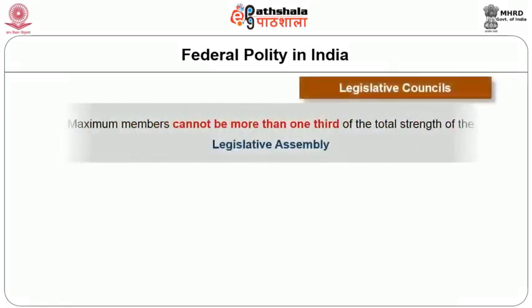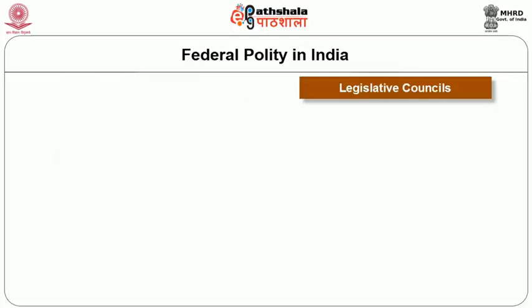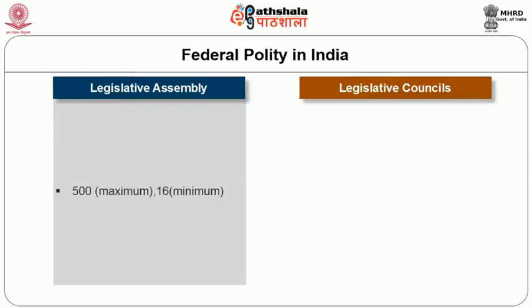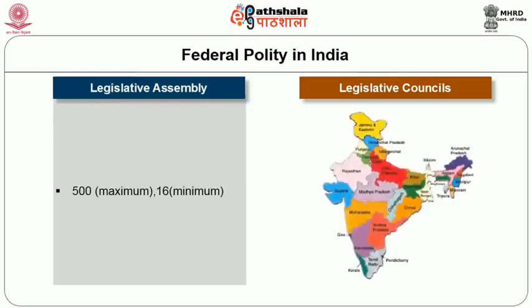There is a difference in the number. The legislative council's maximum number cannot be more than 1/3 of the total strength of the legislative assembly. And a legislative assembly can have a maximum of 500 members and a minimum of 60 members, but there are states like Sikkim, Arunachal Pradesh, Goa, where they have been allowed to have a lesser number of legislators because of their population. So this is something which should be noted. And then, as I said, the legislative council members cannot be more than 1/3 of the total strength of the